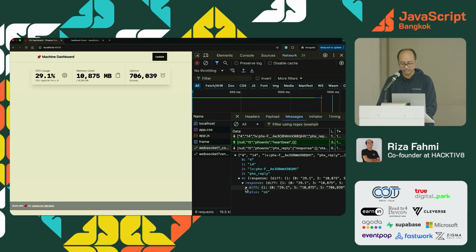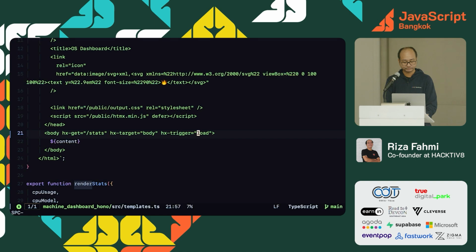So the diff is just number 1 is 29.1, this one. This is not changing, so the server will not send that. This is changing, like 10,000, and uptime also changing. Okay, let's see the code.